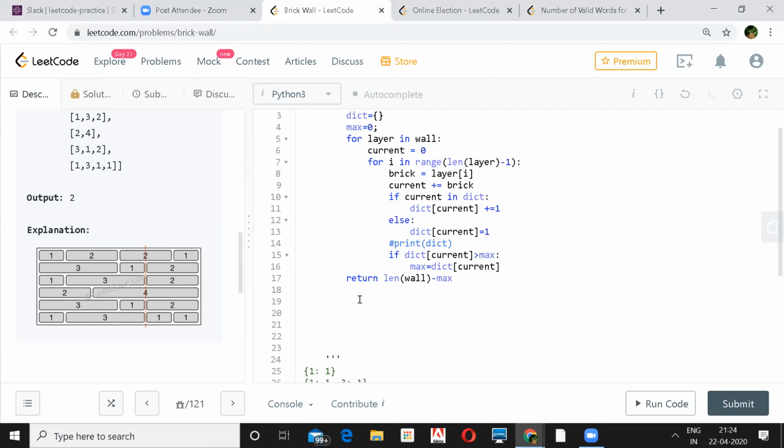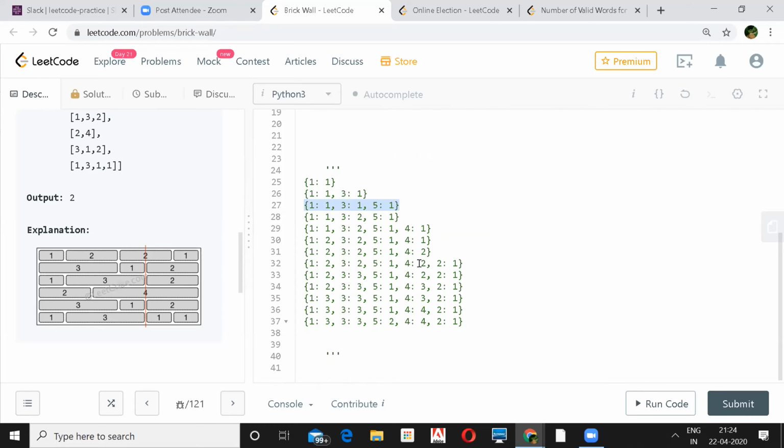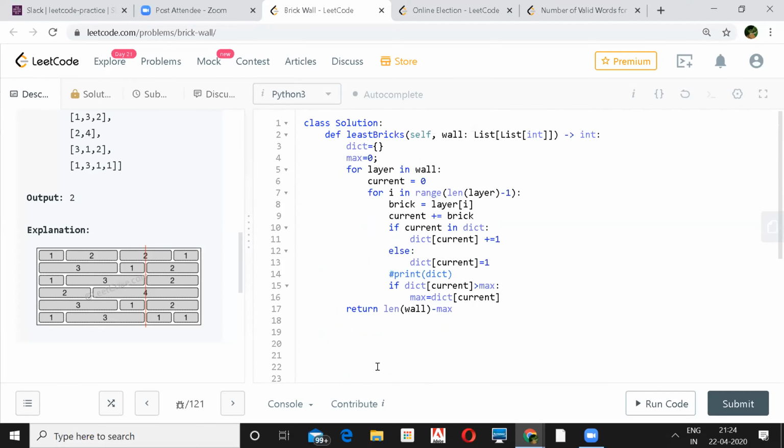And the space complexity is the number of rows. Basically, yeah, the maximum width of the wall is the space complexity. Okay. So if we consider all bricks of size 1, that will be the worst case, right? Yeah, that will be the worst case. The smaller the size, the longer the width will be. Yeah, we can proceed to the next.